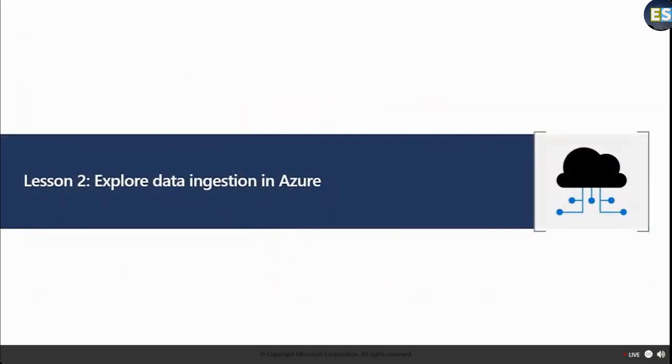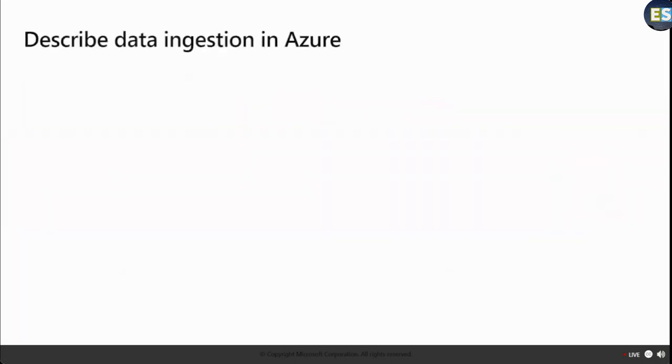Lesson 2, explore data ingestion in Azure. Data ingestion is typically the first part of any data warehousing solution. It's arguably the most important part because if you lose any data at this point, then any resulting information can be inaccurate, could fail to represent the facts that you might be interested in,